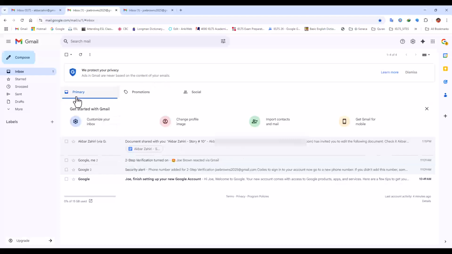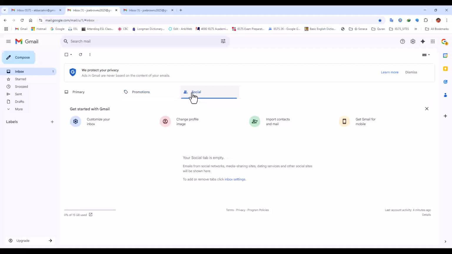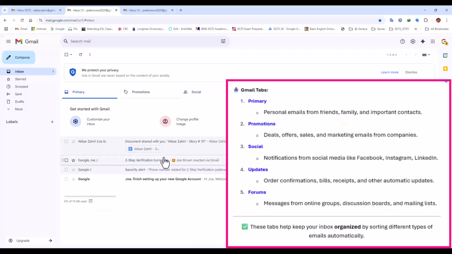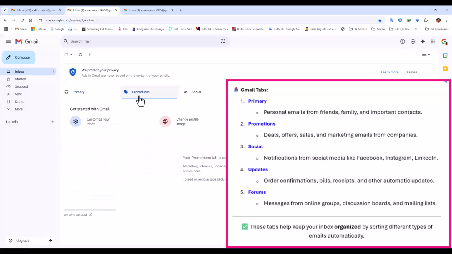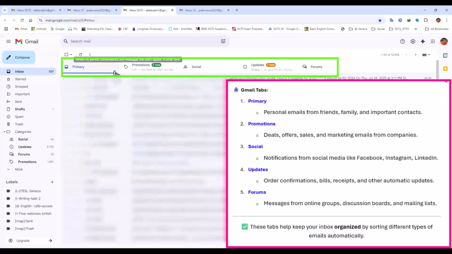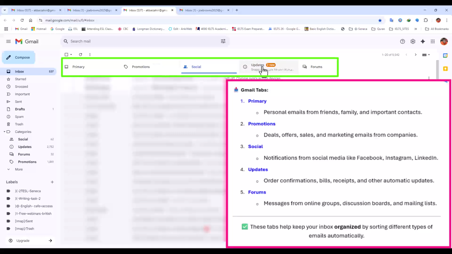And your emails are divided into primary, promotion, social. Based on the structure of the files, Google platform recognizes, okay, this is from your friends, put it in your primary. If it is for promotion, advertising, put it here. And if it is for networking, LinkedIn, something social, it puts it in this folder. If I go to my main account, for example, as you see, this is my primary, this is my promotion, this is my social, this is my other option, updates and forms. So based on the nature of the emails that you receive, it will be organized here.